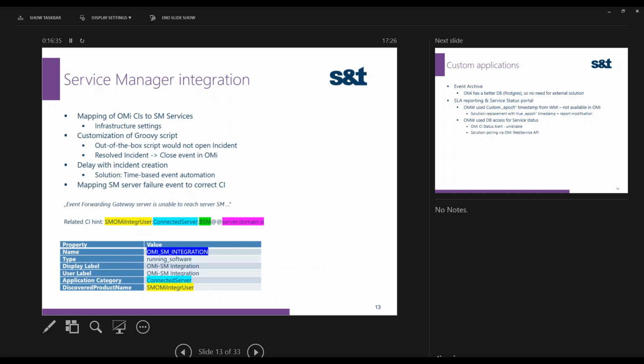OMI will create an event, but there is no CI, no object associated with this event. So if you build a service tree where you want to see a graphical representation that the service manager integration is not working, you don't have it. You just get an event. And what we ended up doing is creating our own object, our own CI,